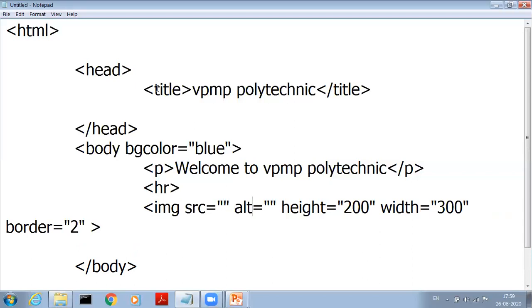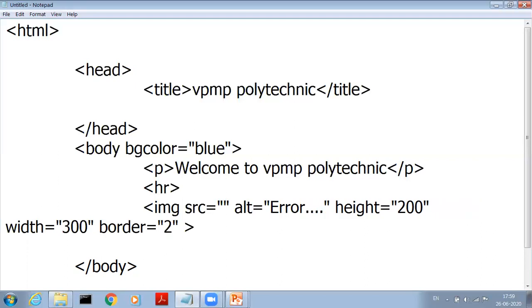Now ALT means alternate text and it is used when there is some error in displaying the image, so I write any text, error.